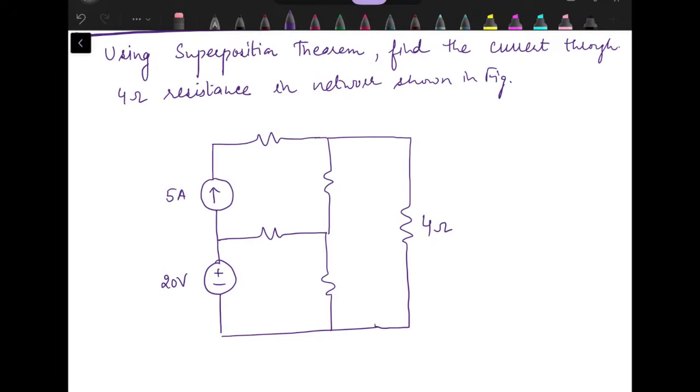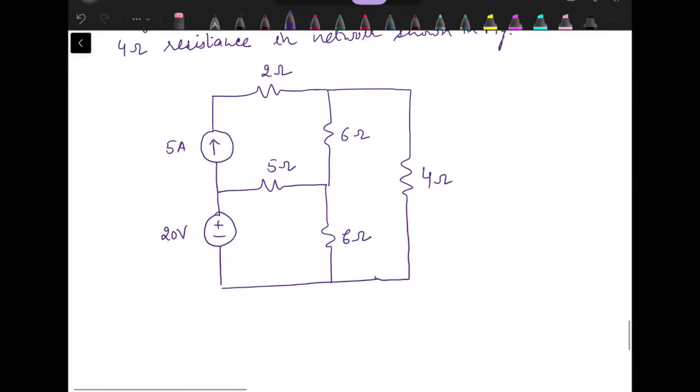This one is 4 ohm resistance through which we are interested in finding out the current. So again we need to solve the circuit twice. Case 1,